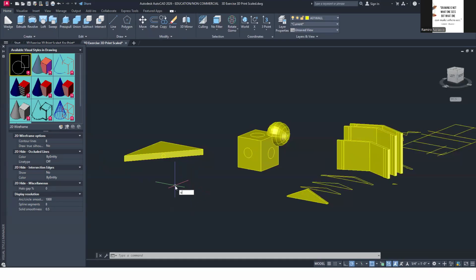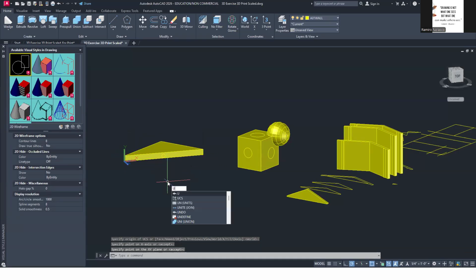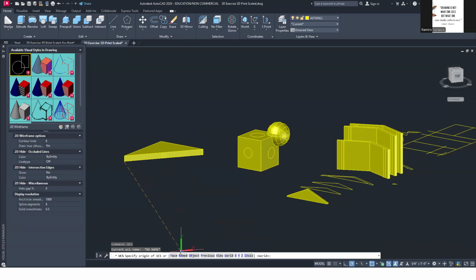So if you have created a UCS, oriented it this way, okay, you can type UCS again and you can say named and then save, similar to what we did with the project North. Okay, you can save, give it a name, and then you can restore that. Okay, so I'll just cancel that.